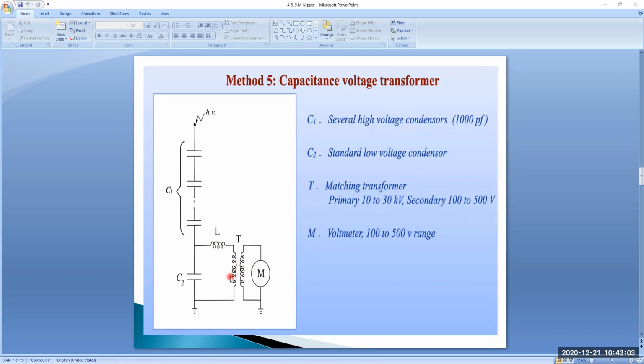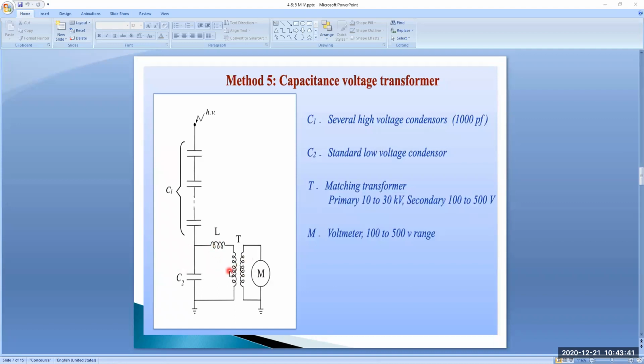Under resonance condition, every circuit acts as purely resistive in nature. By adjusting the transformer into resonance, it acts just as a resistor. For example, in a series RLC circuit, if L and C are under resonance, that means XL equals XC, there is no voltage drop across L and C. The circuit acts as only resistive.